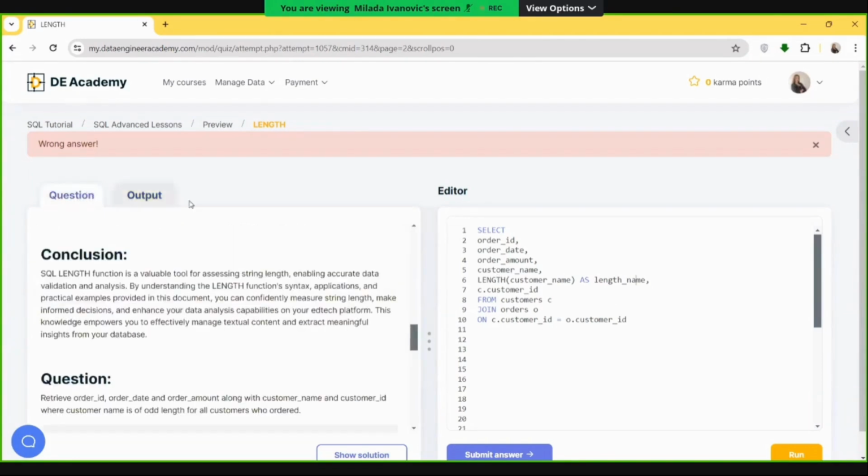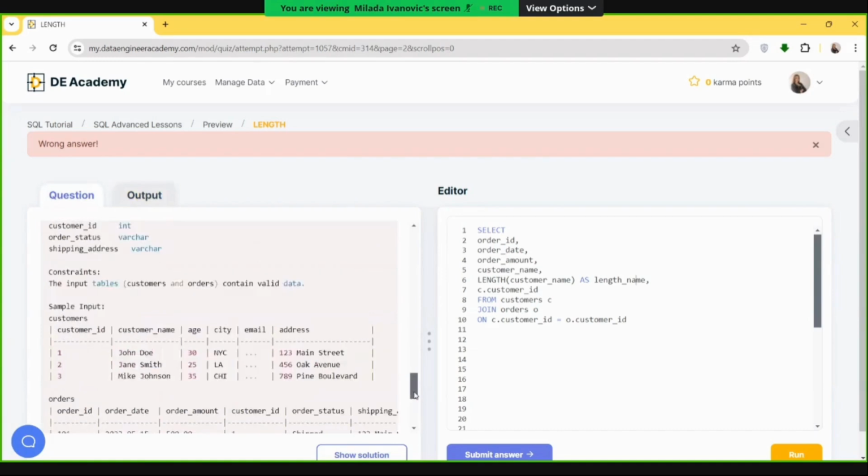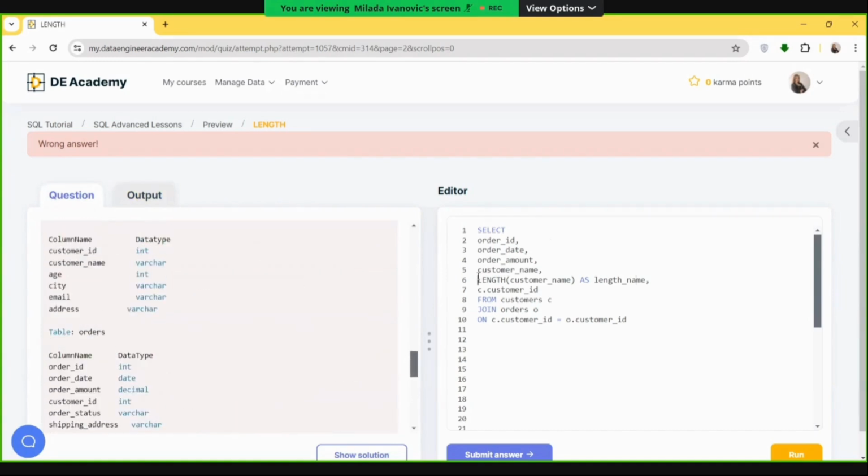The odd numbers, of course, are not divisible by 2. So I'm going to remove this. We don't need that among the columns we're selecting. We just need it here. So where length, customer name,